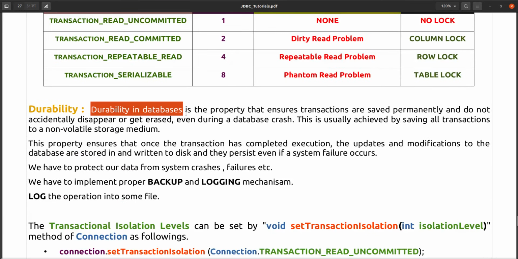Durability in a database is the property that ensures the data, whatever your transactions have saved, should be available if your system is crashed or your server is down. It should be available for the user.